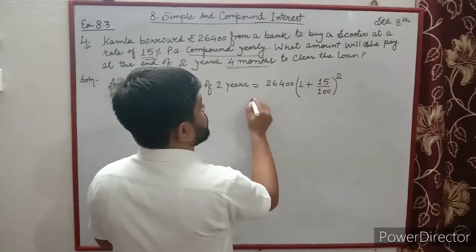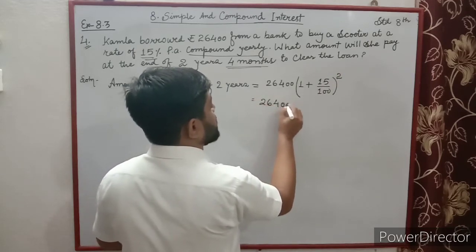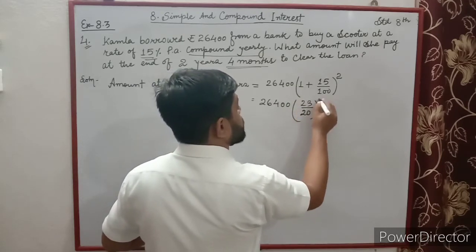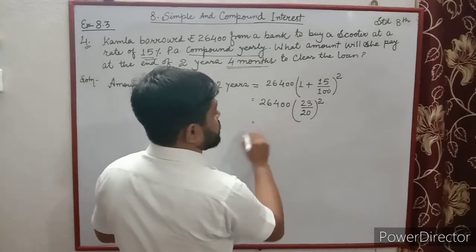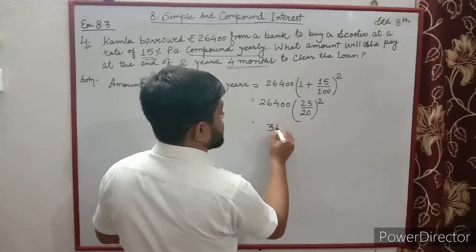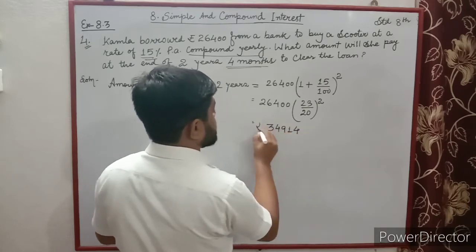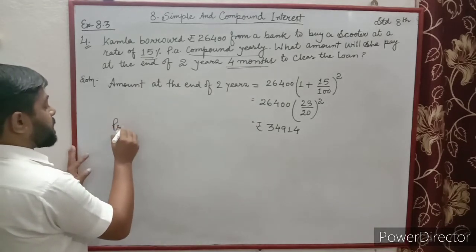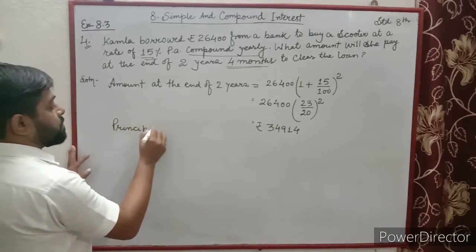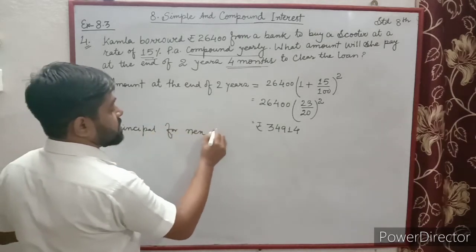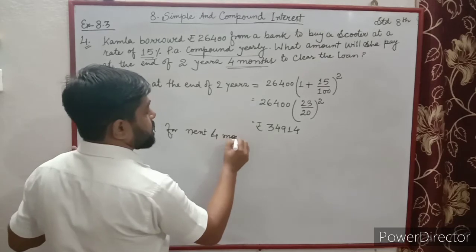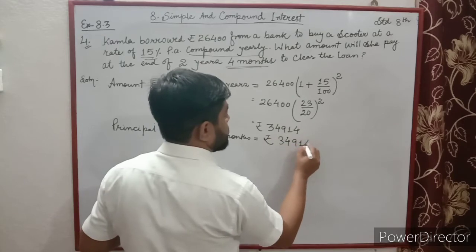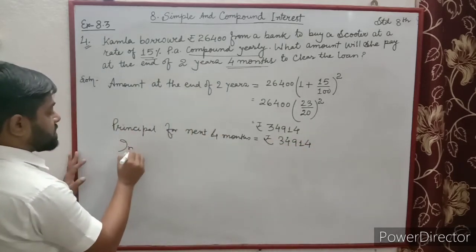Now 26,400, after calculation we have (23 by 20) whole square. Now after calculation we have 34,914 rupees, that is the amount at the end of 2 years. Now principal for next 4 months is equal to 34,914 rupees. Now we have to find interest